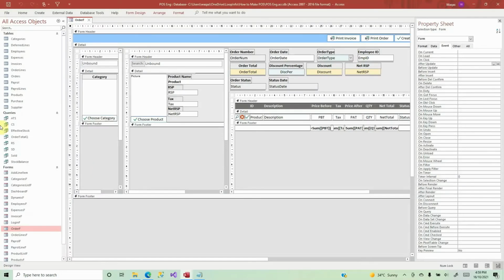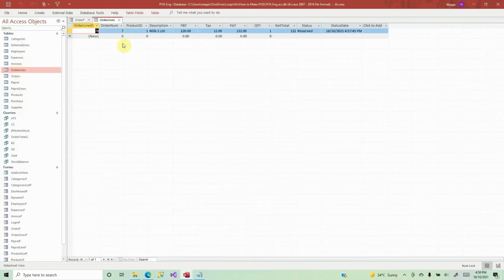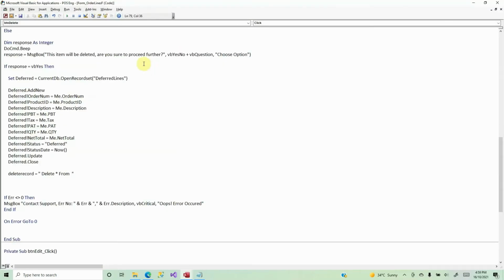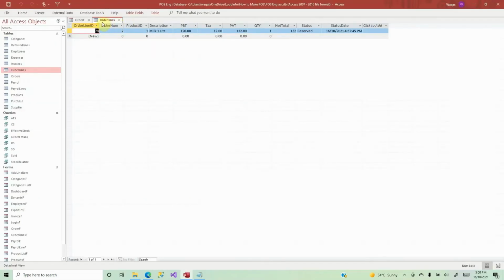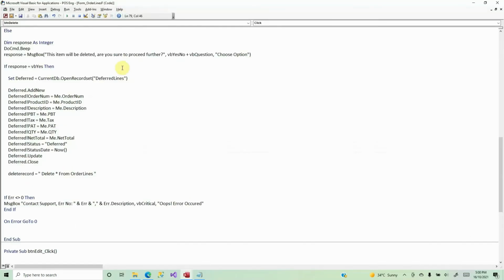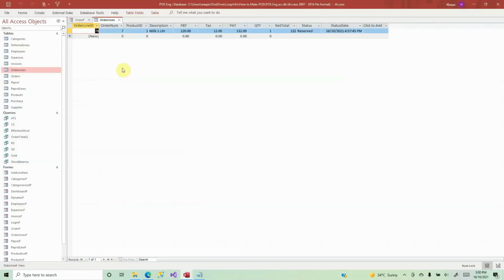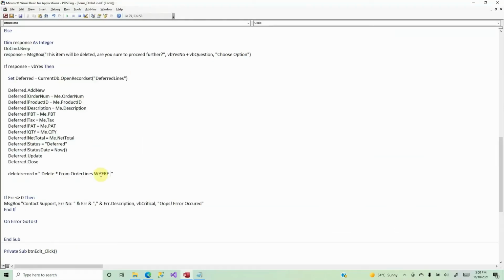From where? From this table, order lines, because this is where the actual data holds at the moment, right? So we want to delete that. So we'll say delete static sign from order lines. That's the name of the table, order lines. Where? Okay, where? If you will not use the where clause, then sorry, but all the records in this table